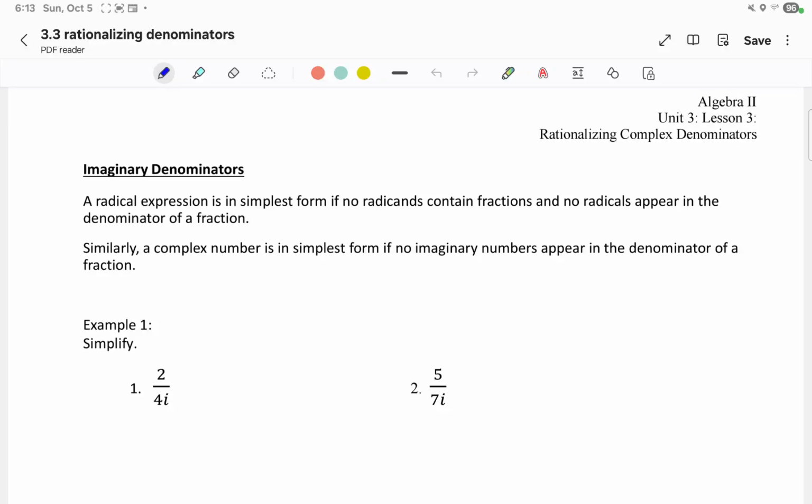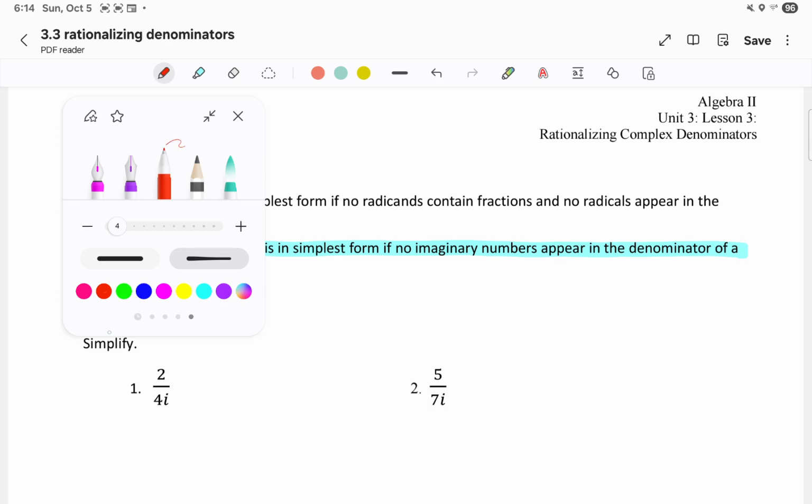So for this lesson, we will be mainly focusing on the piece of operations that we did not cover in the last lesson, and that is dividing or just rationalizing denominators. So with imaginary denominators, a radical expression is in simplest form if no radicand contains fractions or radicals appear in the denominator of a fraction. So very similarly, a complex number is in simplest form if no imaginary numbers appear in the denominator of a fraction. So when you are dividing with complex numbers, you are not finished until you get your i out of